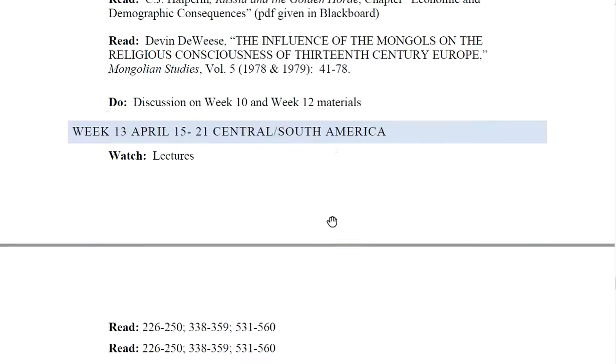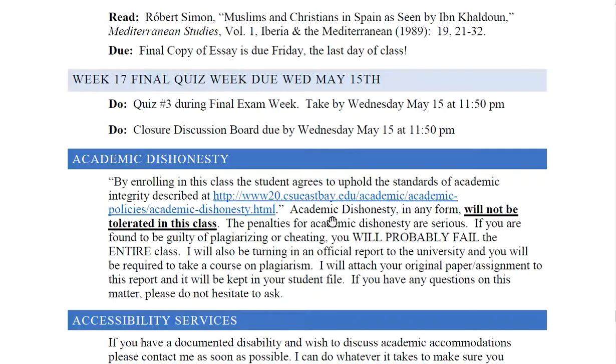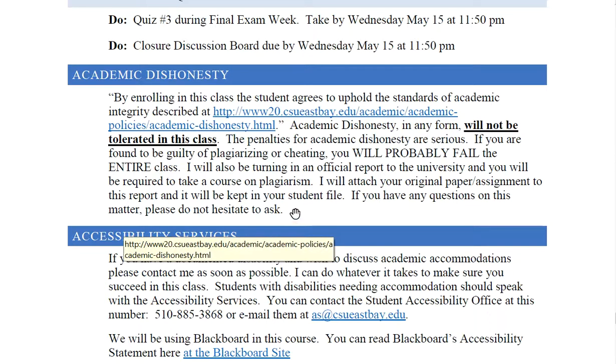Let me just scroll down to the end. I give a little note here on academic dishonesty, which is cheating, plagiarizing. I will try to remove you from my class if I find you doing this. At the least, I will fill out some paperwork. I'll send it to my head of department. She'll send it on to the dean, and a note will be put in your permanent file here at the university. If you happen to get 2 of these, then you can be in serious trouble, and you can actually be removed from the university for cheating. So please don't do this.